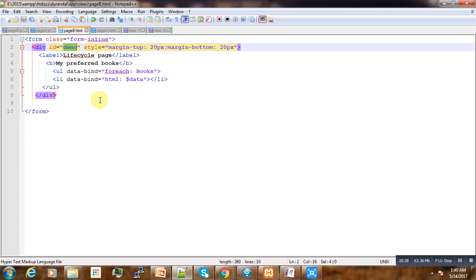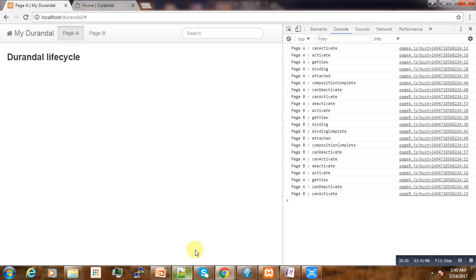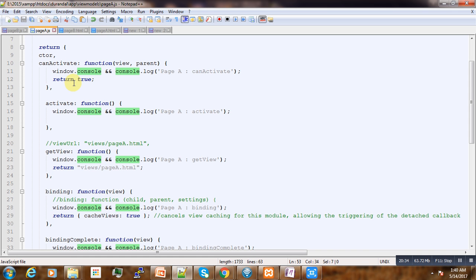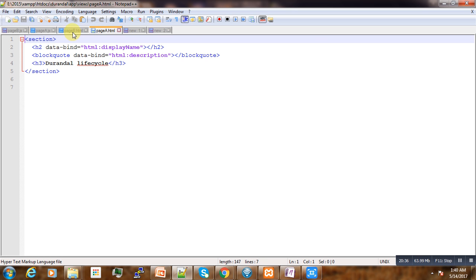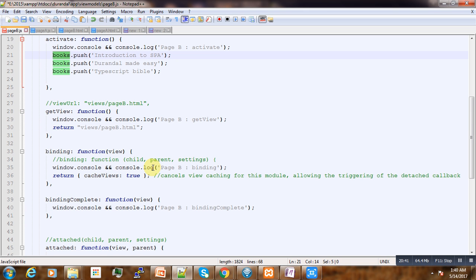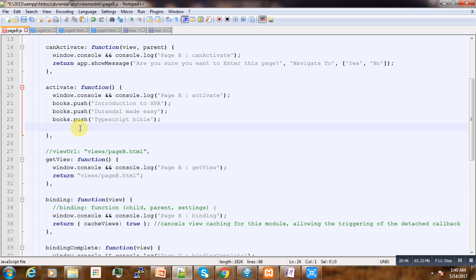Where are we going to put it? We are in page B, so we go in the view model of page B. For example, if we put this jQuery code for demo here